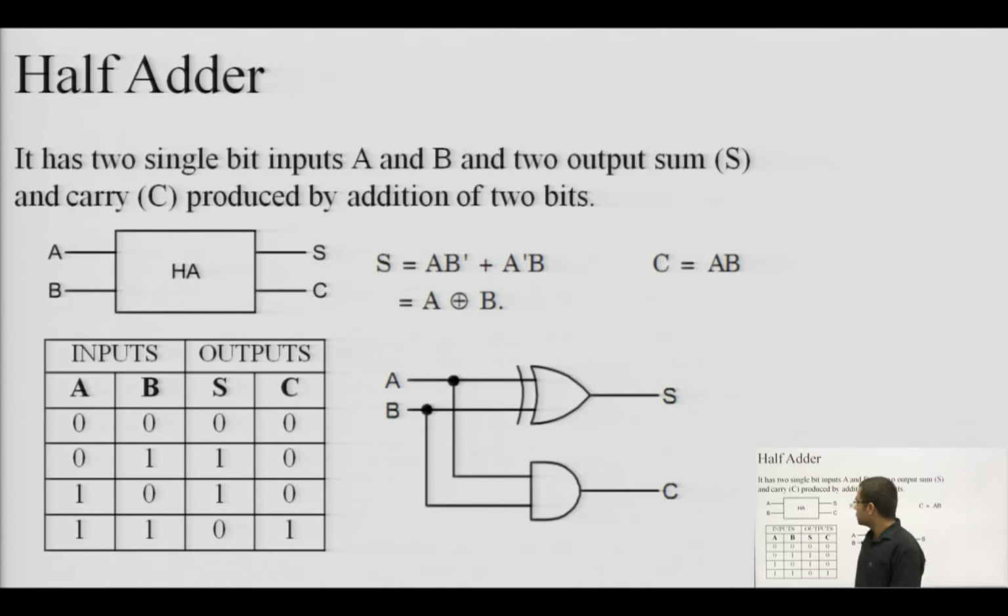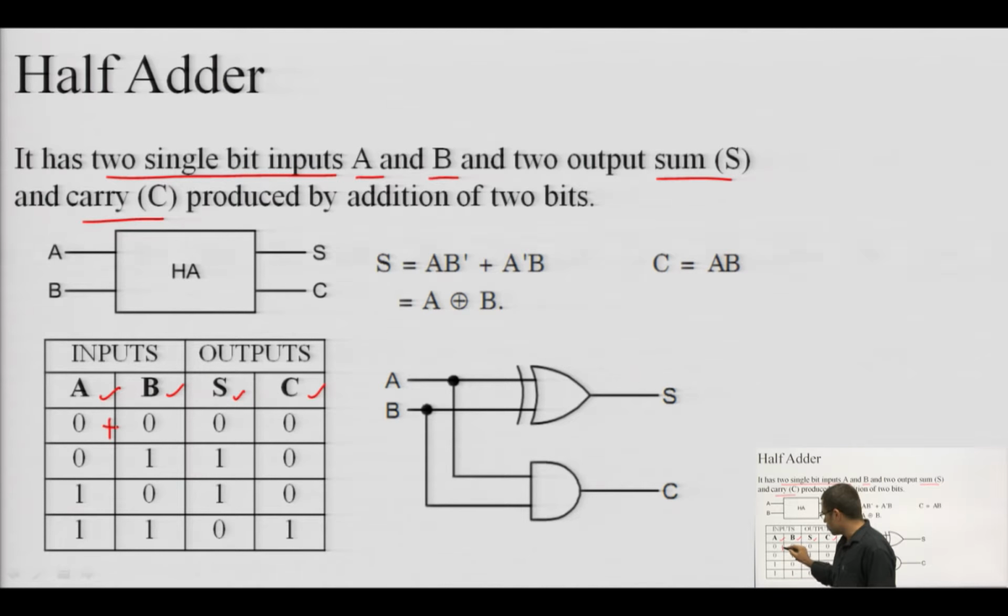So, let us start with our main topic of today's lecture, adders. Adder is further classified as half adder and full adder. Covering the half adder first. This half adder is a combinational circuit which has two single bit inputs, which are named as A and B, and they are arranged in this tabular form. Here we can see that A and B are the inputs, and sum and carry, denoted by S and C, are the outputs. These two bits A and B are added together to produce sum and carry. How is this done?